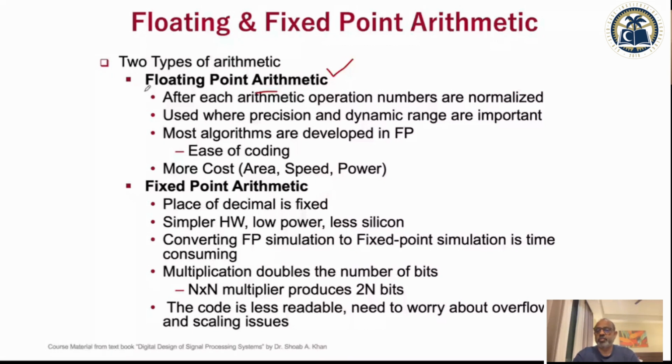So usually you don't want anything to be in double precision arithmetic. Either you lower the precision as a floating point number, or you go for fixed point arithmetic. This is ideal, and this is only possible if the dynamic range of the number is not that much.